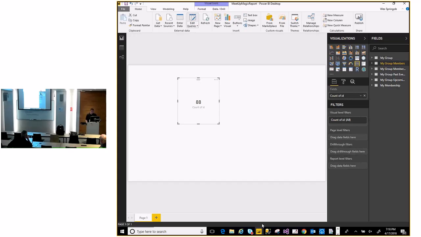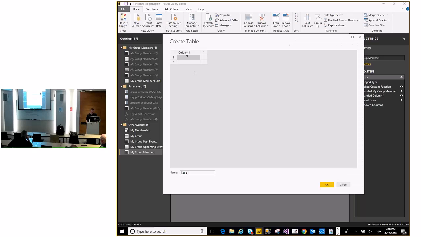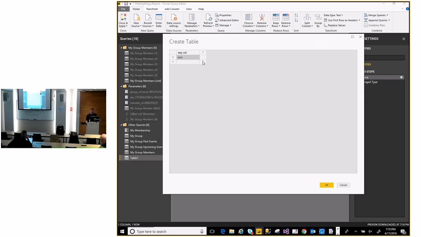And you initially created that from the enter data? Yeah. I can't figure out how, once I've done that, to edit it. Oh, it's real easy. I'll click on enter data, give a new column, put a value in there, and click OK. And now I've got Table 1, and there's my results. If I need to edit it, I just go back up to the source and click on the cog, and now I can add more values.